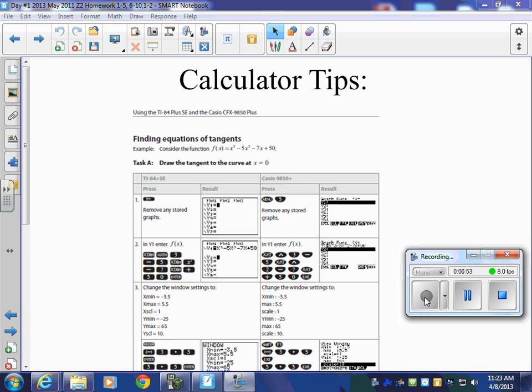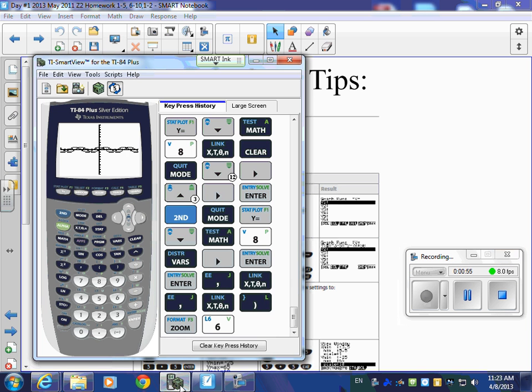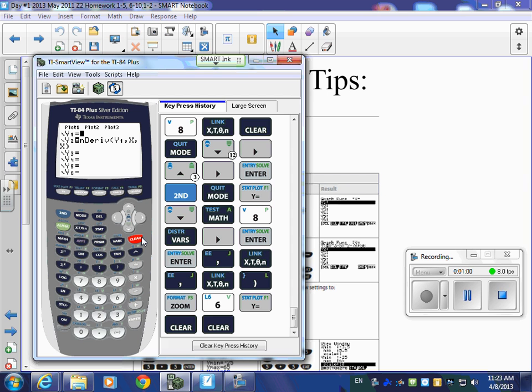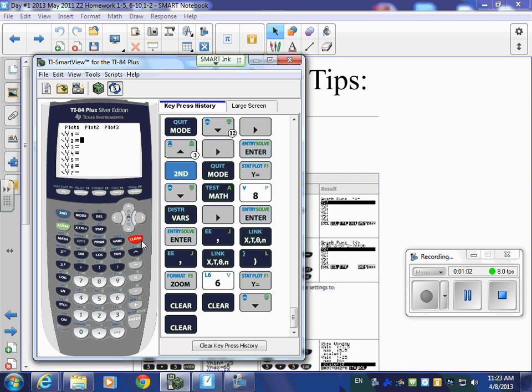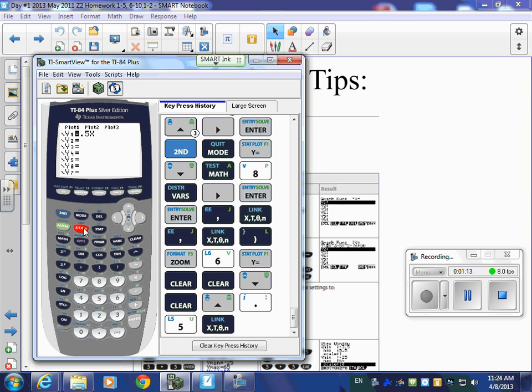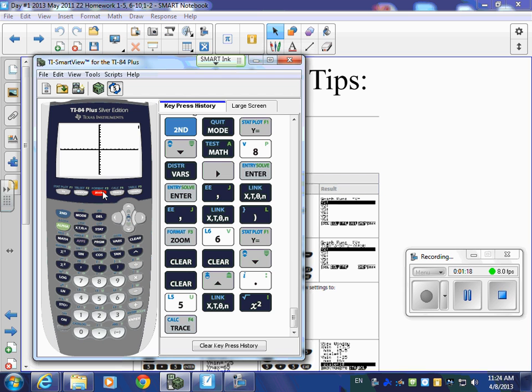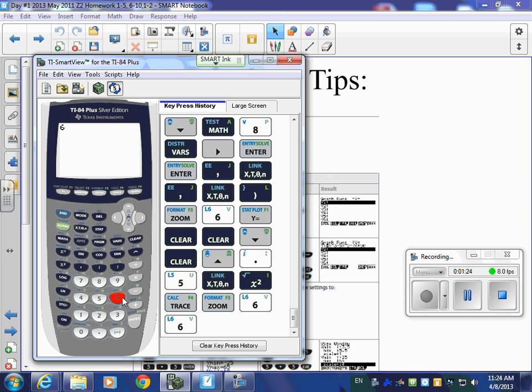The first one I like to go through is tangent. Take out your calculators, be in the function mode. I just want to review how to find the tangent line on a graph. You'll use this guaranteed in BC. Let's say we just do 0.5x squared. And we're going to graph that. Zoom 6. Okay. And I want to draw